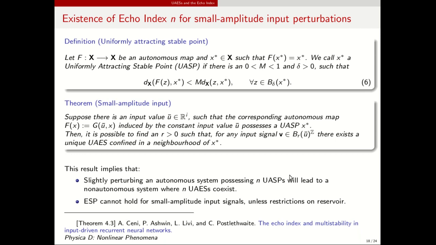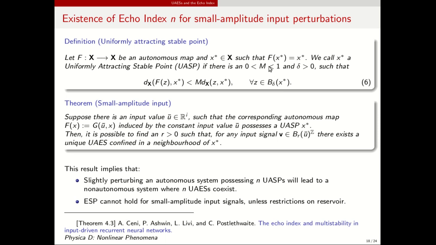So what we proved is that if we have an autonomous map f having a fixed point x star, a fixed point such that it satisfies this relation, which means that it contracts a neighborhood of itself of radius delta with a ratio of m, where m is a constant, a real value between 0 and 1,